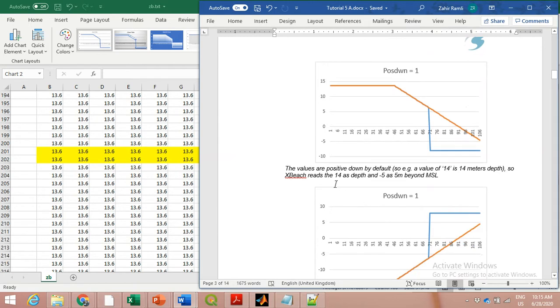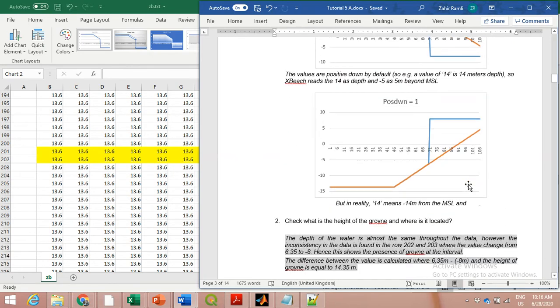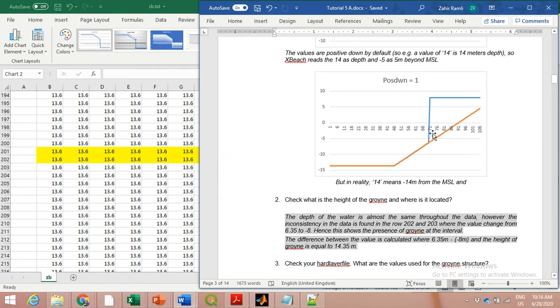Similarly, the values are positive down by default, so here it is positive down, which reads the 14 as depth, and minus 5 here as 5 meters above mean sea level. But in reality 14 means here from the mean sea level. Because sometimes the most important file to read is the depth file rather than the one above the mean sea level. So that is why, to make it not confusing, the modeler